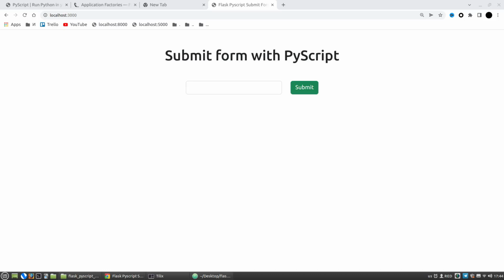This video is about how to submit a form using PyScript to a Flask application and how to validate submitted data on the Flask side. This video can be useful just because of data validation on the Flask side. I will show how to write a custom validator to validate users' input and how to use it with a